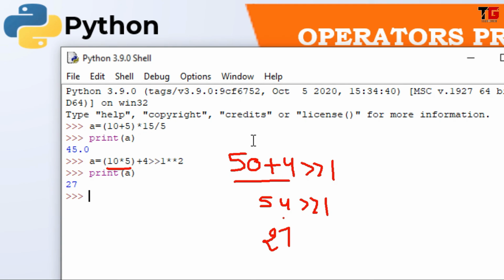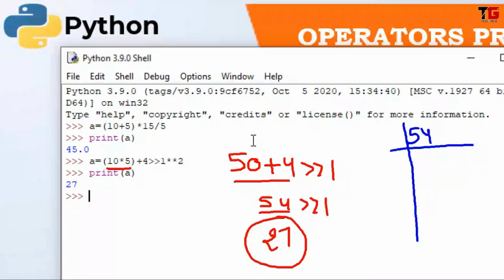Friends, how we got 27? To find out this number, you can convert this 54 value to binary and then you can do the right shift. I am doing this for you.